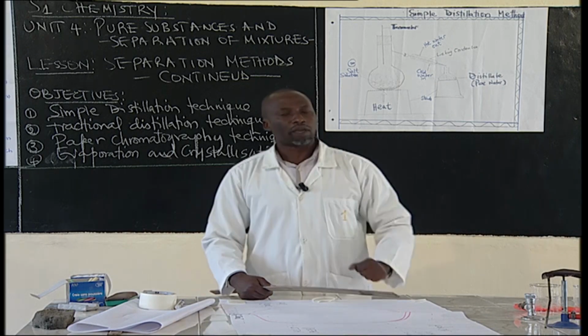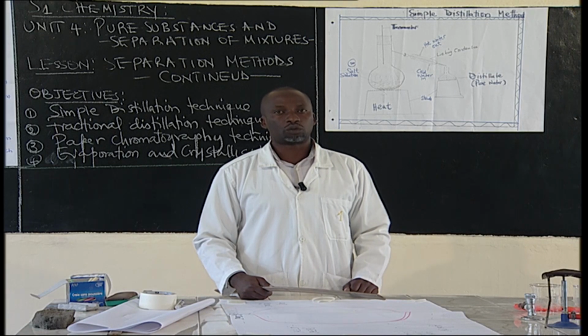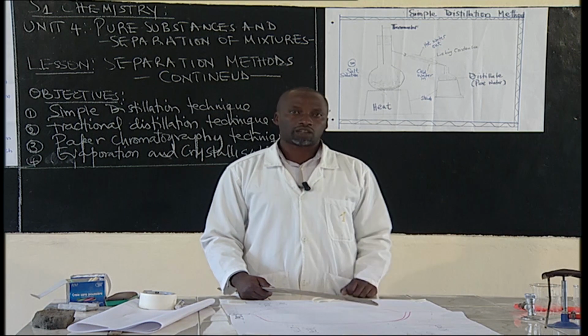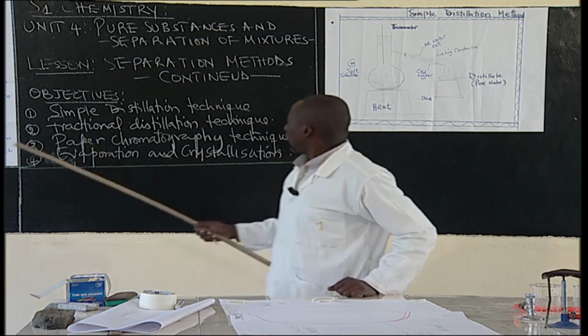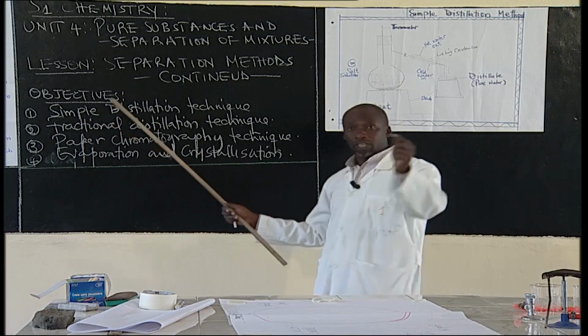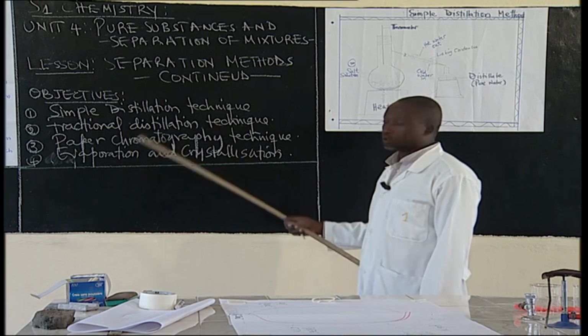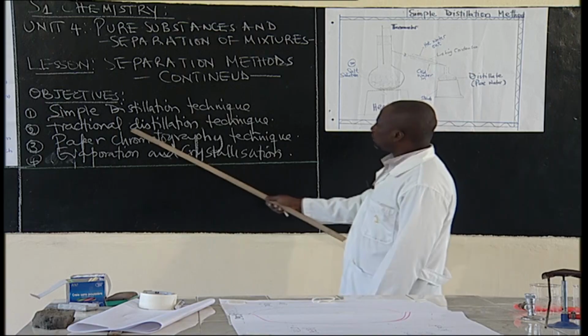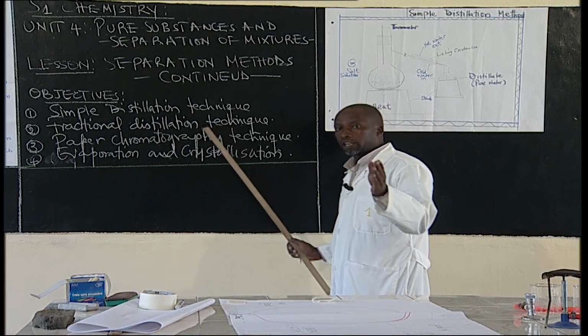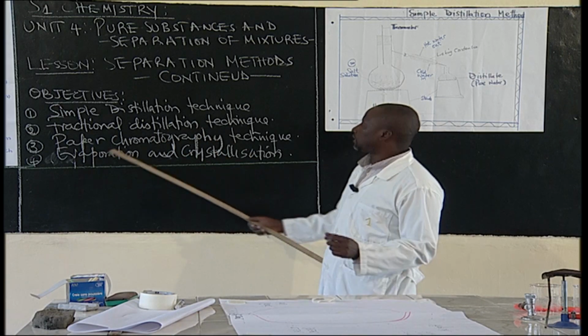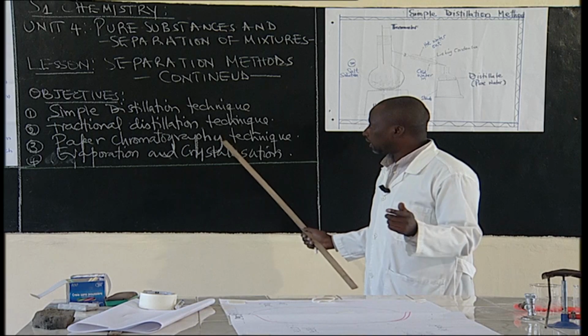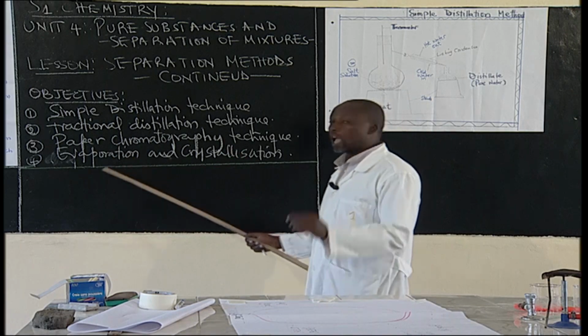I hope you still remember some of these methods that we looked at together in the previous lesson. So today, we'll be looking at other methods, that is the simple distillation technique. We'll look at the fractional distillation technique, and then we'll look at the paper chromatography technique, and then evaporation and